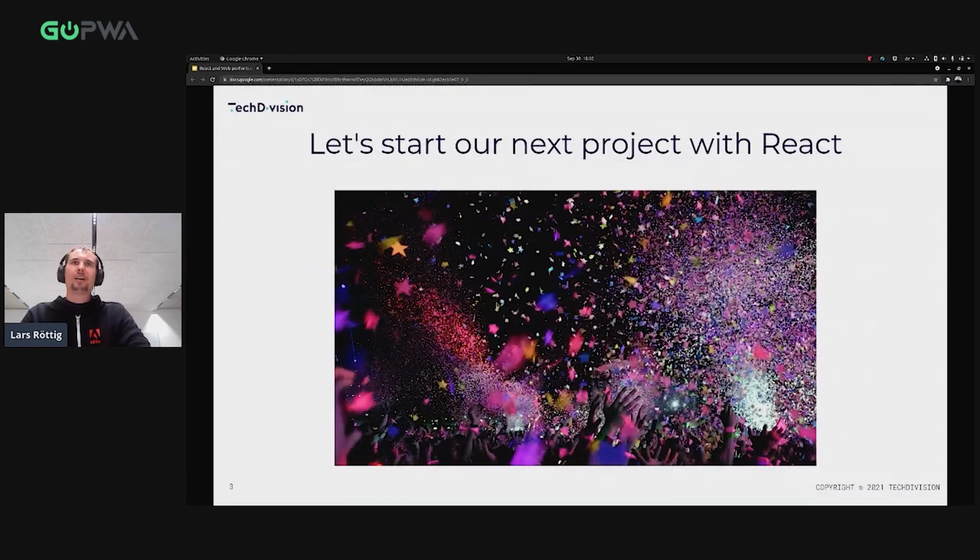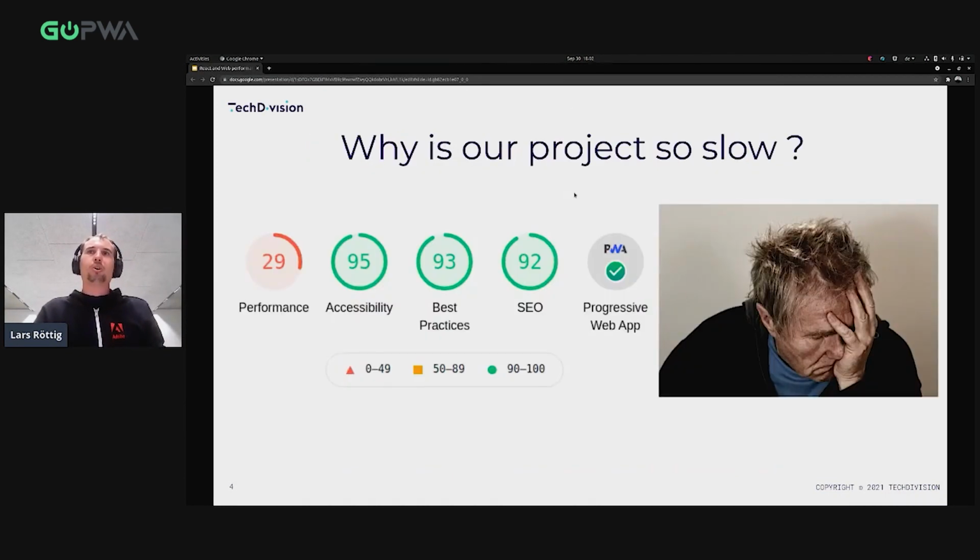So I had a situation when a project manager comes to me, or a developer comes maybe to you, and says, hey, let's do the next project in React. I heard it's so great in terms of performance. You won't get any issues with web performance. And after a couple of sprints, you already get this reaction from your product manager or your customer: what happened to your project? You have nice accessibility, but really slow performance, and everybody is really unhappy with the situation.